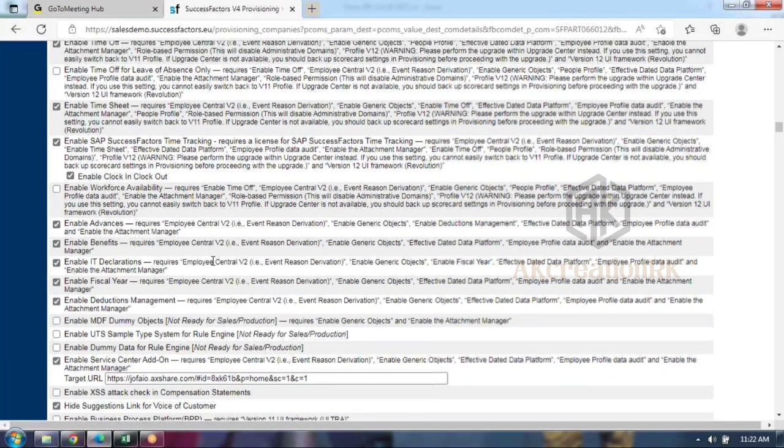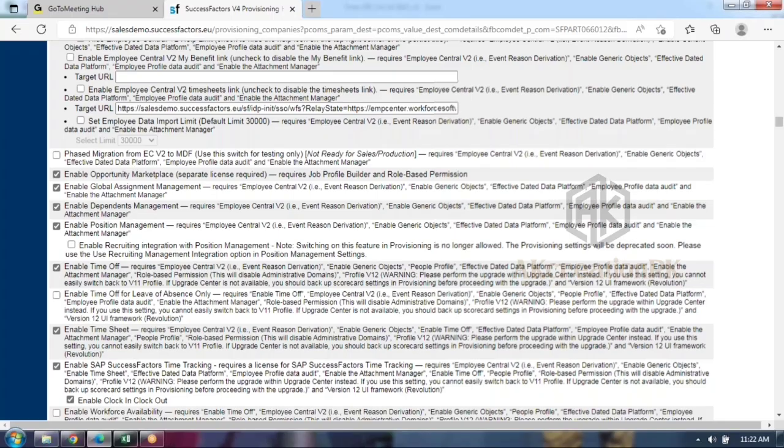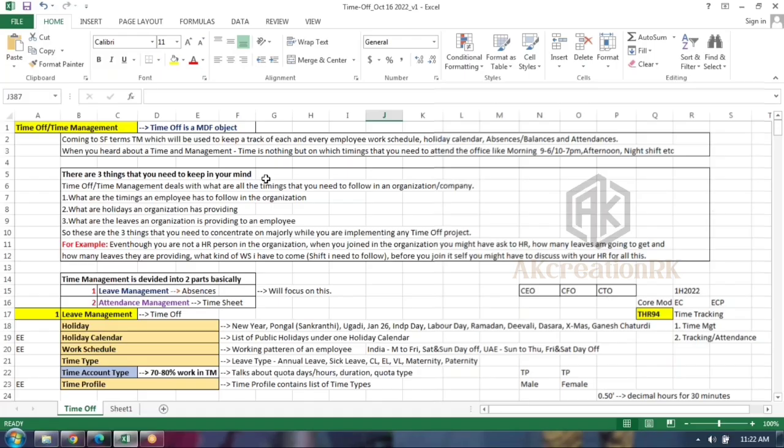Right? So now my first point: time off is an MDF object. Straight away, if I say MDF object, then you can imagine in your mind immediately that whatever the MDF object possibilities are as of today, everything is possible for time off also. Since we came across Employee Central objects, in that MDF is there. So whatever the possibilities against MDF object, everything is possible time off related also. The related objects, time related objects are different. That's it. Concept remains same, but object might be different.